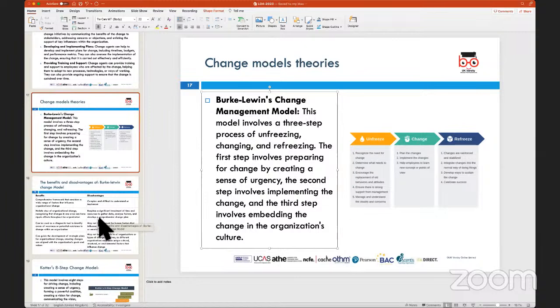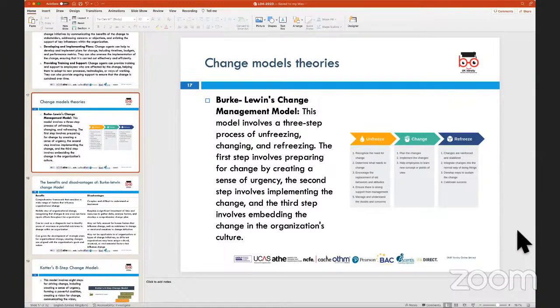to bring in this change. And then you start the process of change by explaining how the change will affect an employee's day-to-day working. And while implementing the change, you look into and get feedback from employees to ensure that any course correction which has to be done can be done, rather than doing it towards the end. And the last phase tends to be refreeze,